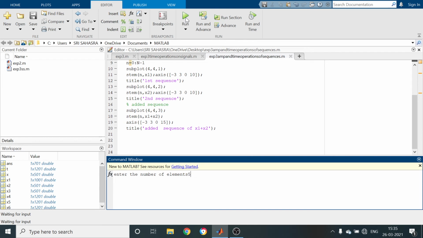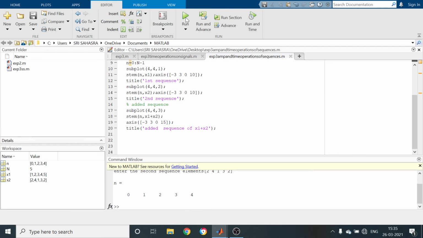Give the number of elements as 5. Then the first sequence elements, in square brackets 1, 2, 3, 4, 5. Next, enter 2, 4, 1, 3 and 2. So n equal to 0 to 4. Just observe what you get. What is the first sequence I gave? x of 0 equal to 1, x of 1 equal to 2, x of 2 equal to 3, x of 3 equal to 4.